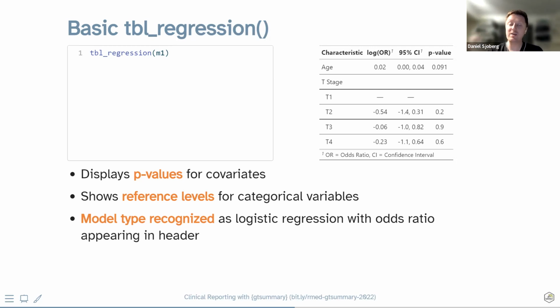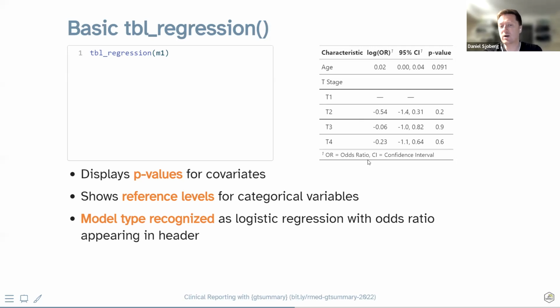And again, it's grabbing the label from the data frame that you passed to the glm function and getting that T stage label. So this is pretty awesome. This is really close to publication ready, I think. And it was so easy to write this, not to write the function underneath, but that's expected, I think. Another cute thing I like about this function is that you'll see at the top, rather than saying something like slope or coefficient or beta, it says log OR with a footnote to say that OR stands for odds ratio.